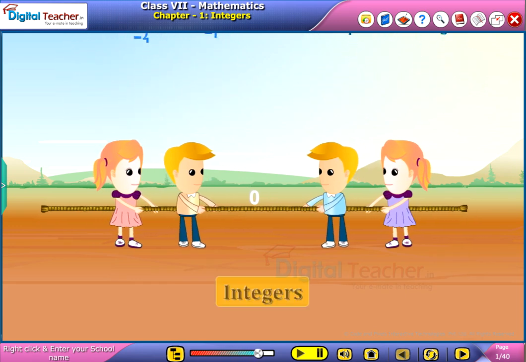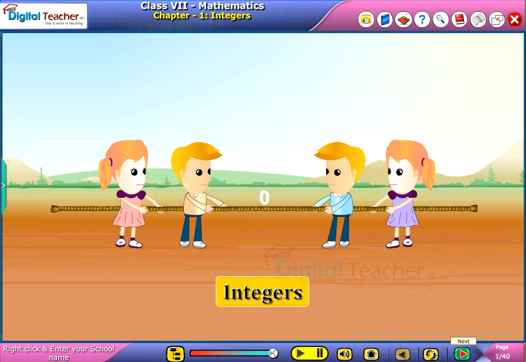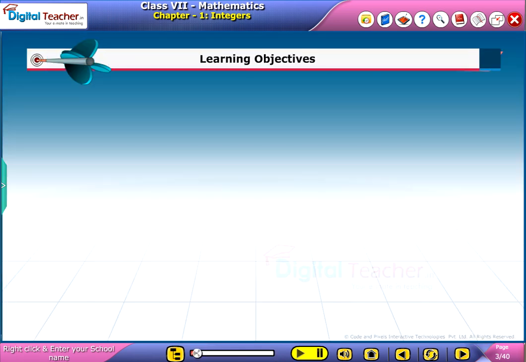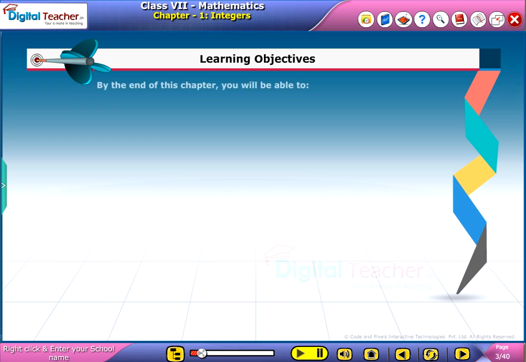Welcome to the chapter Integers. This slide presents the overview of the chapter. Learning objectives. By the end of this chapter, you will be able to